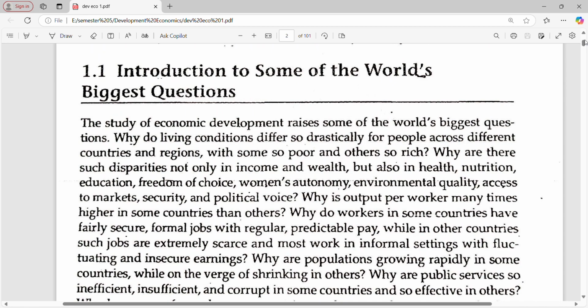So development, we know, is the process of improving the quality of all human lives and capabilities by raising people's levels of living, self-esteem and freedom. Development is simply improving people's lives. Okay. So development economics is the study of how economies, be they countries, states, groups,